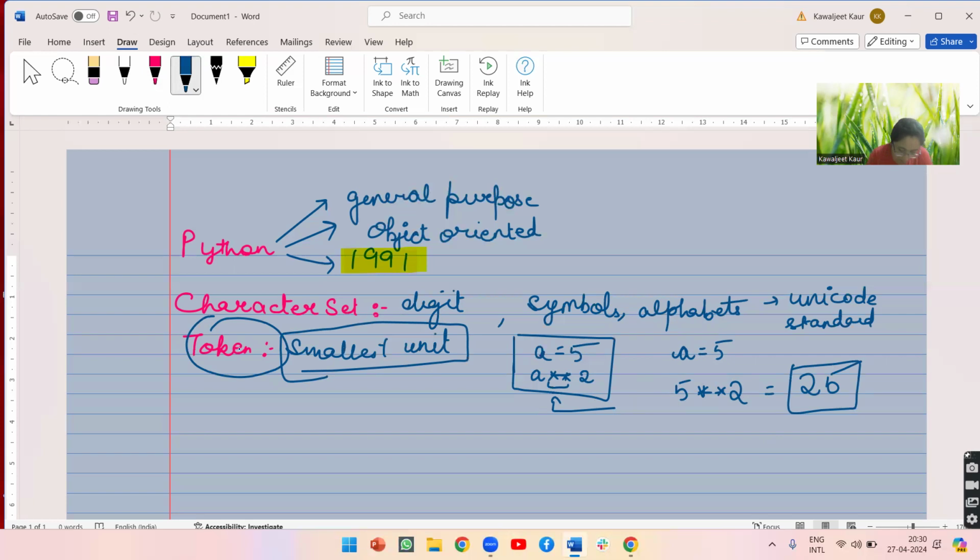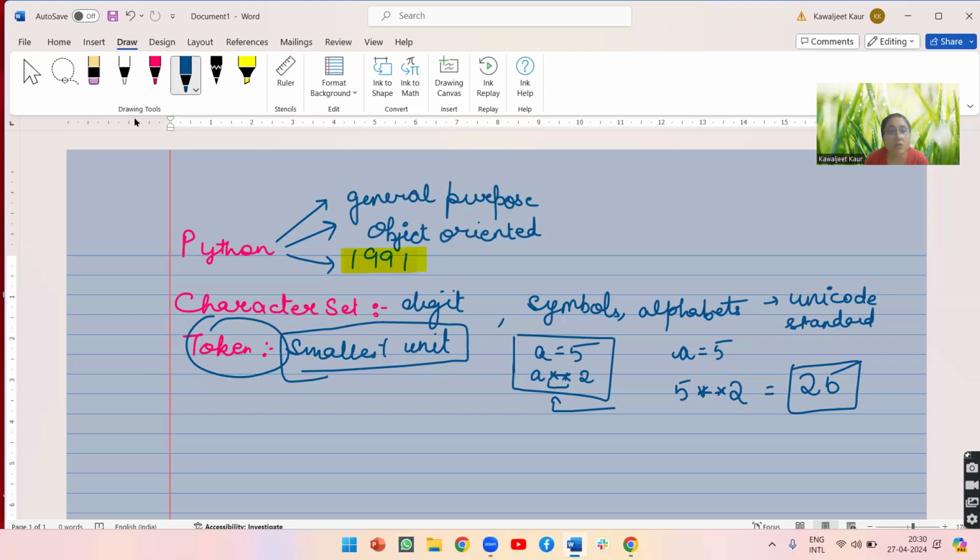And now the tokens are divided into two parts, identifiers and keywords. Identifiers are the names used to identify a variable, a function, or other entity in a program, whereas a keyword is a pre-reserved word